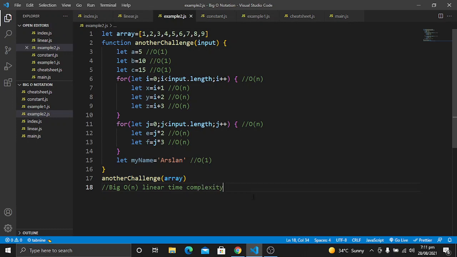So let's save it. In this way you can calculate the big O notation, or the time complexity, for your function or for your code. In this way, for the two for loops, you can calculate the time complexity.